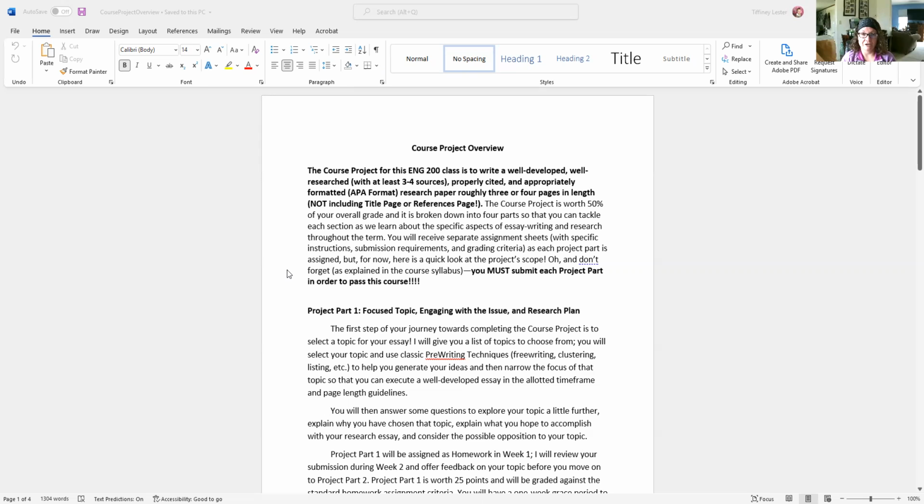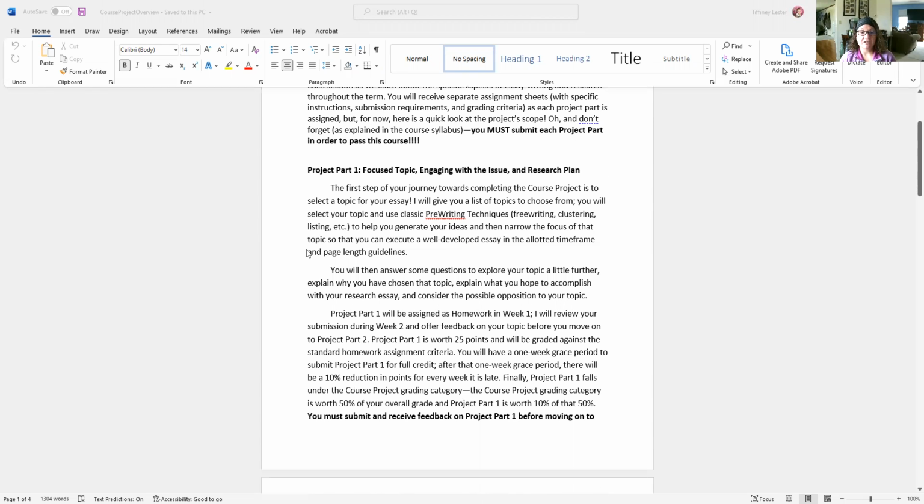That's just, you know, it's worth too much of your grade. So you have to submit each part and you have to get feedback on each part before you can move forward. And that gets explained in each section. So project part 1, which you'll be doing in week 1, is basically choosing your topic and engaging